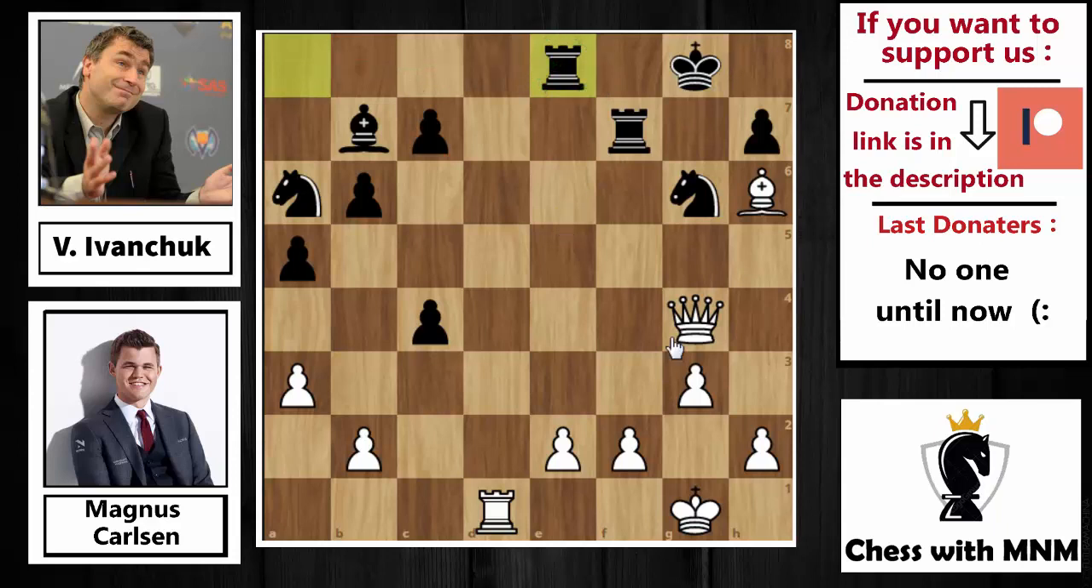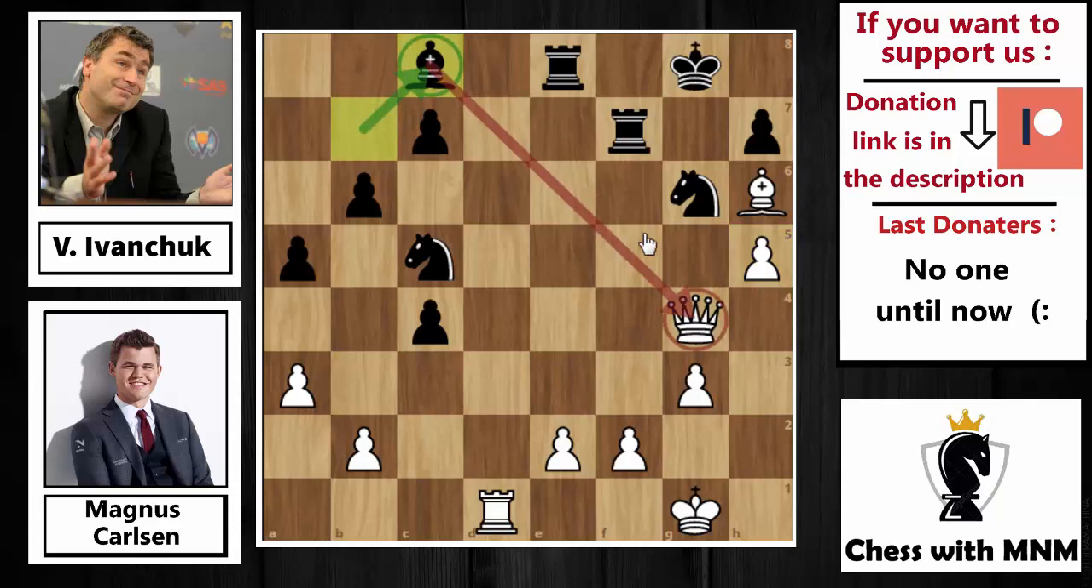bringing the rook also into the game. And now h4 played by Magnus. h4, I want to push h5 and I want to grab your knight. So here Ivanchuk played knight to c5. The idea by knight to c5, when you push h5, and this is what happened in the game, I will play bishop to c8. Bishop to c8 attacking the queen,